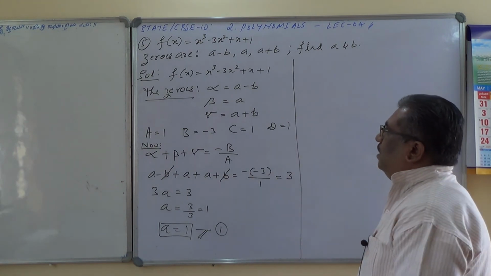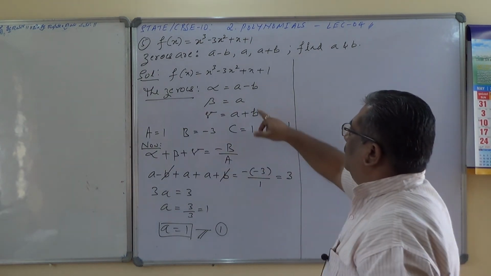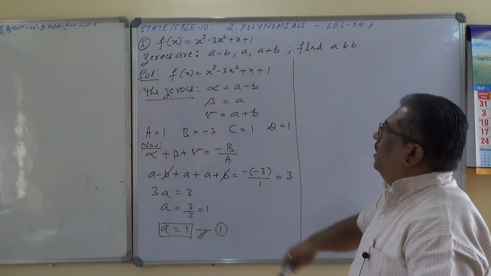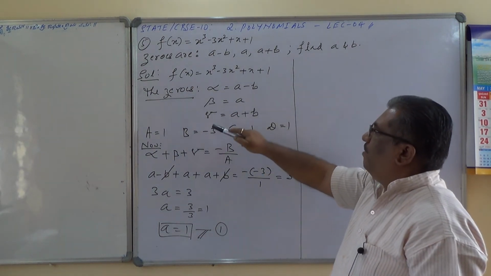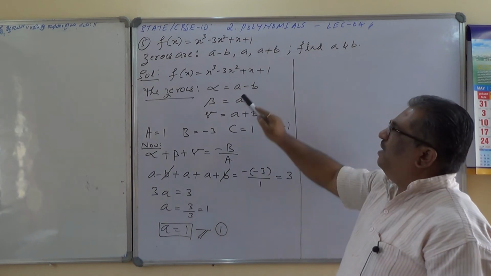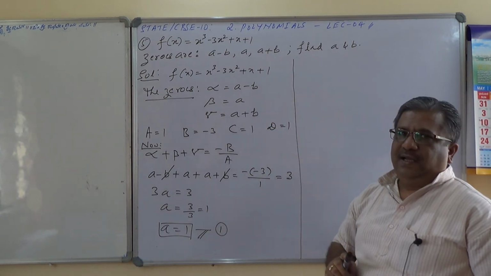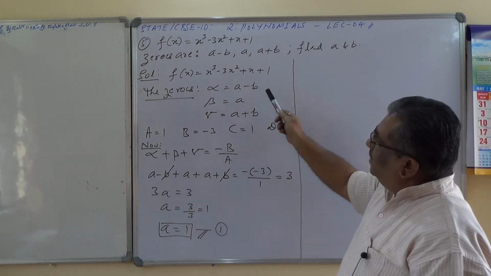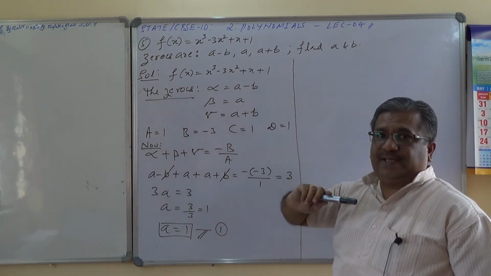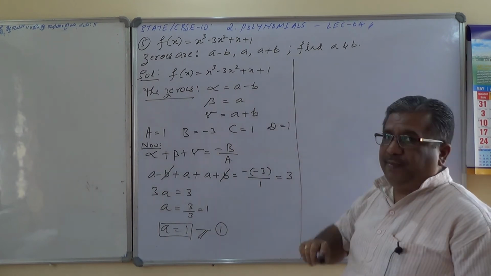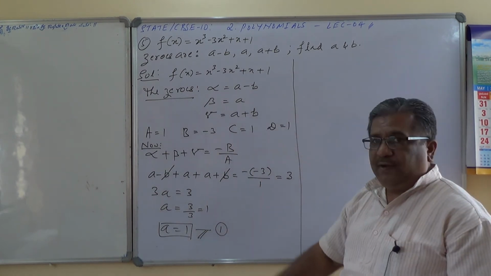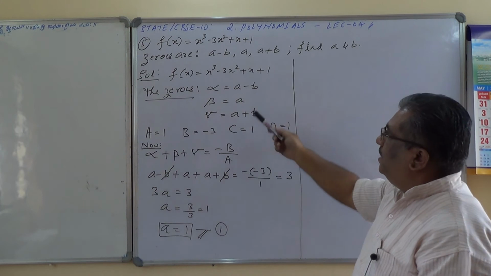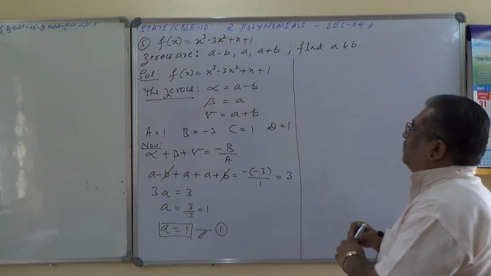B value? See, there is just one clue here. If I take alpha beta, beta gamma plus gamma alpha, it is really difficult to have a product here. So I am trying with alpha into beta into gamma, because a minus b into a plus b is a square minus b square, and into a will be there, but already I know the value of a, which is unity, and therefore it is easier for me to take the product of zeros now.